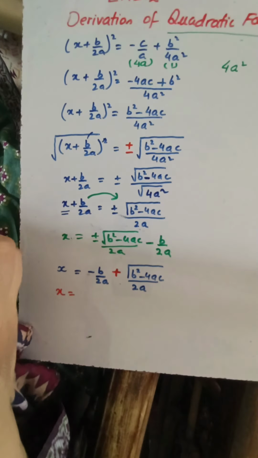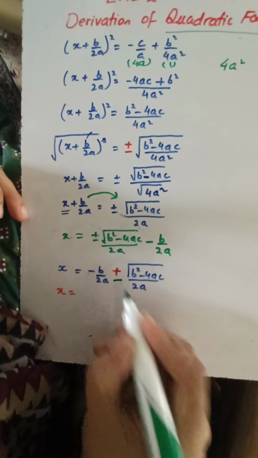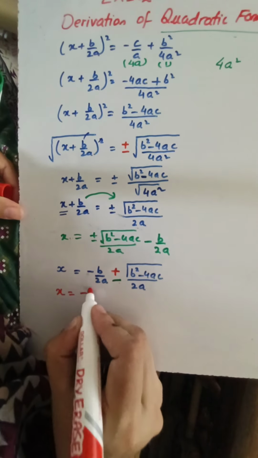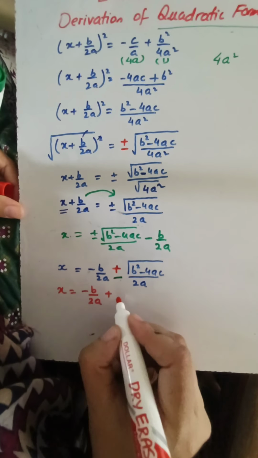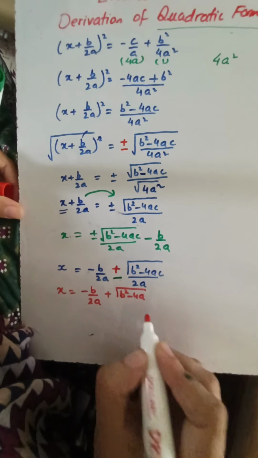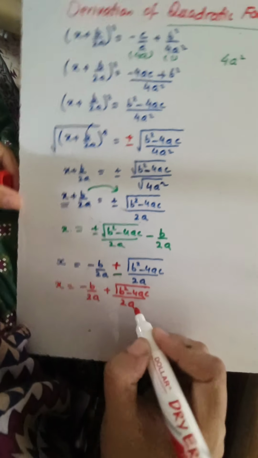Okay, and the other option is minus. So x is minus b over 2a plus under root b square minus 4ac over 2a, which can